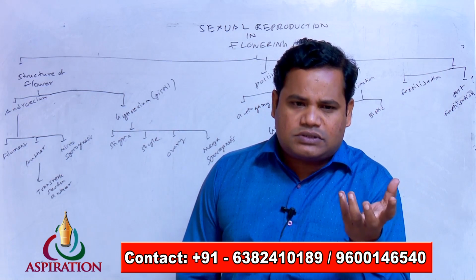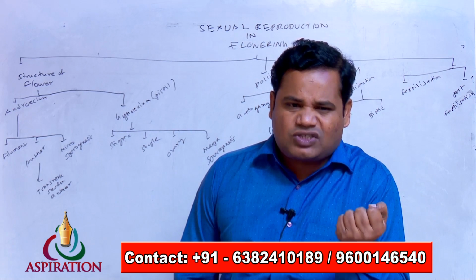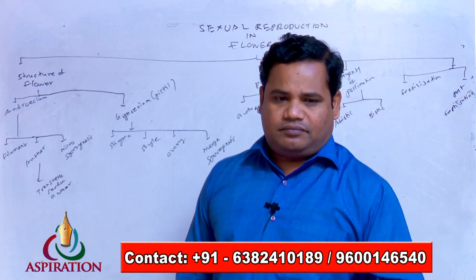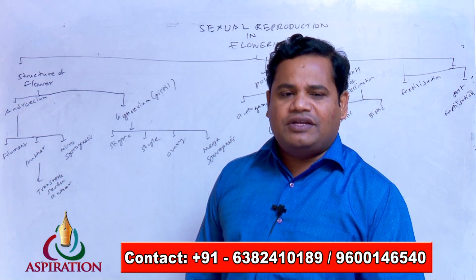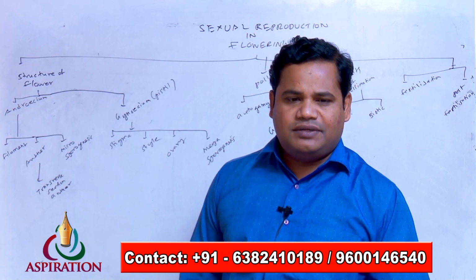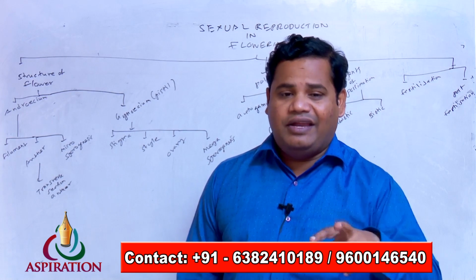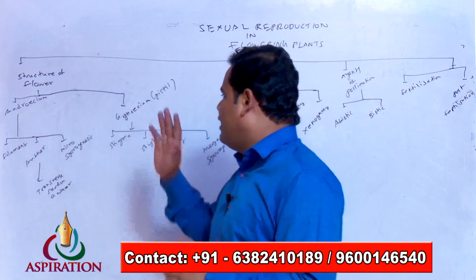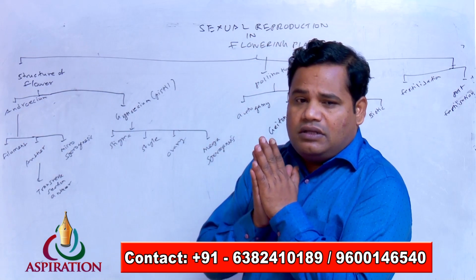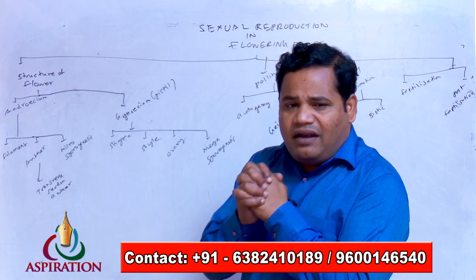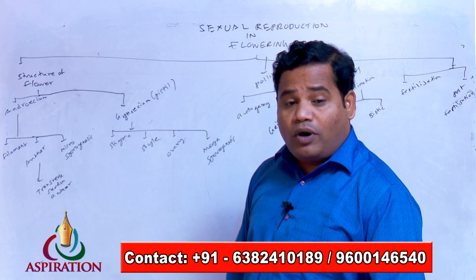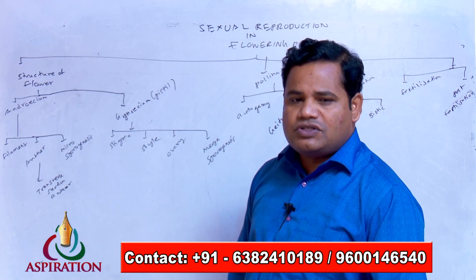Now we are going to see what is called structure of flower very clearly. In flower, we got what we call as androecium and the gynoecium. Two structures are there. The two main structures, androecium and gynoecium. The androecium contains an important thing called stamen,